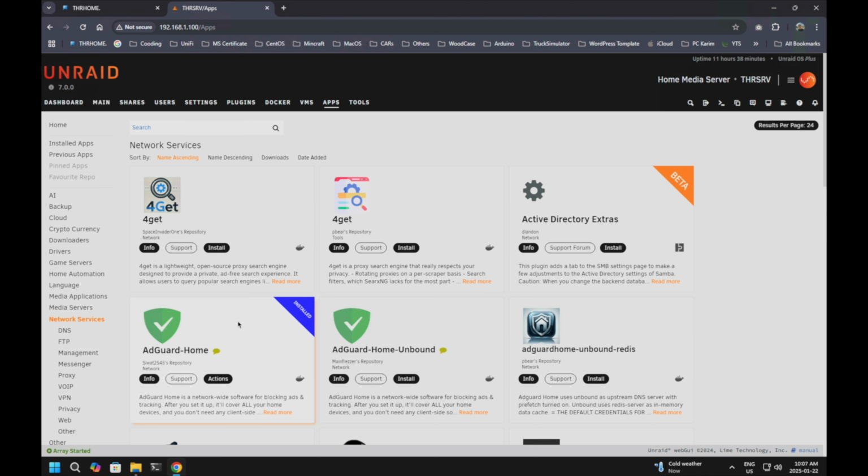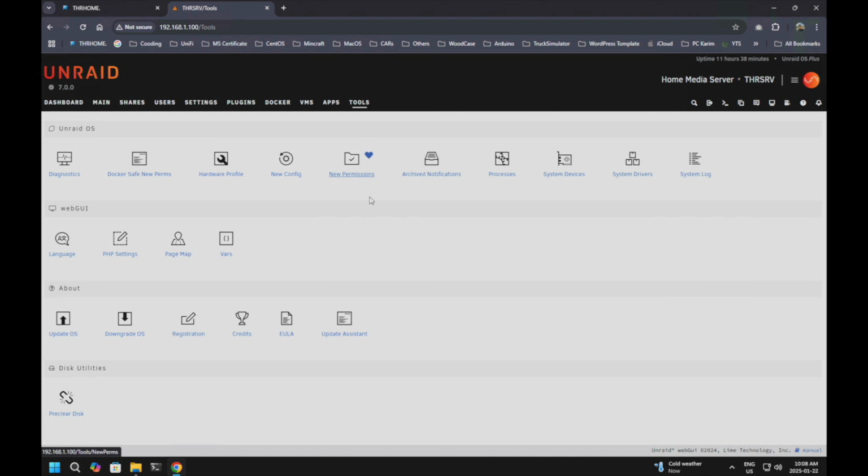Frequent updates: many applications are actively maintained by the community, ensuring you get the latest features and security patches. Customizable settings: during installation, you can customize storage locations, network settings, and other options to tailor the app to your needs. The Tools view in UnRaid provides a collection of utilities designed to help you manage, troubleshoot, and maintain your